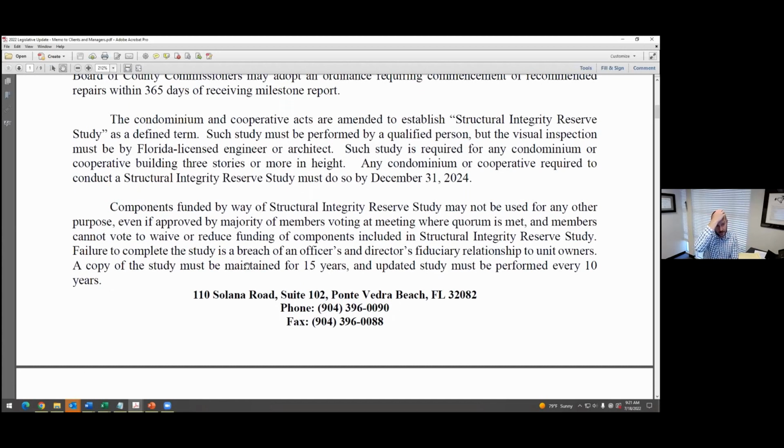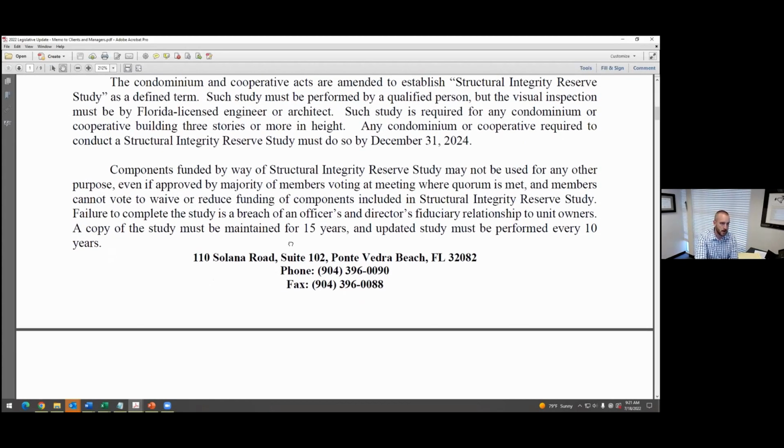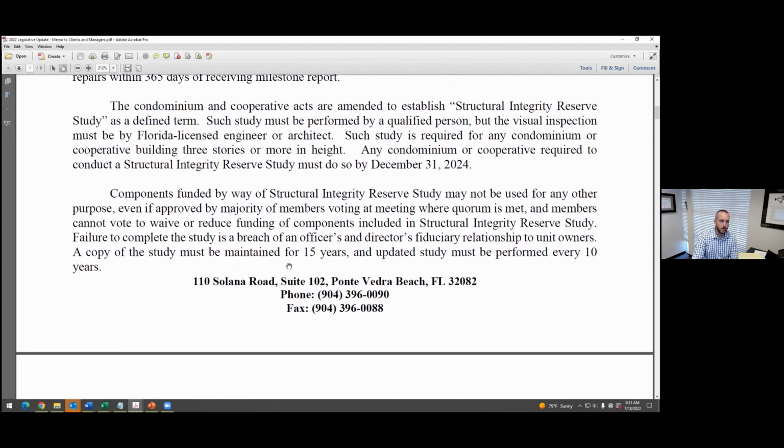A key thing here is you see here on the last sentence on this page that the failure to complete the study is a breach of an officer's and director's fiduciary relationship to the unit owners. A copy of the study must be maintained for 15 years. An updated study must be performed every 10 years. So this is an amendment essentially to the official records requirements. So again, there's an importance placed on getting this study done and actually placing pretty strict requirements. I mean, it specifically states here that the failure to complete it is a breach of the fiduciary relationship to